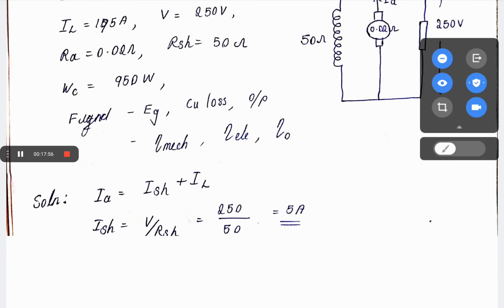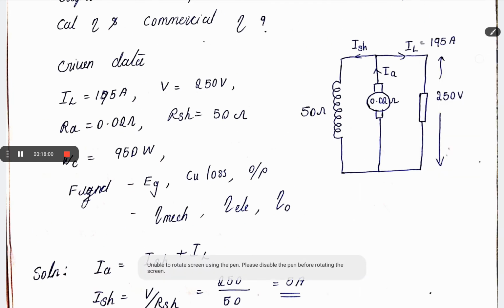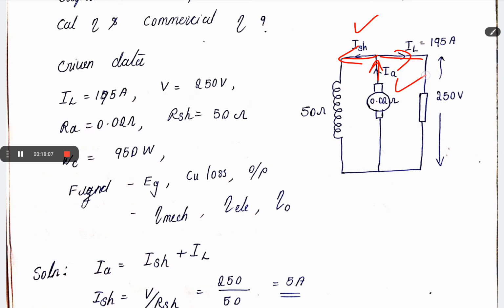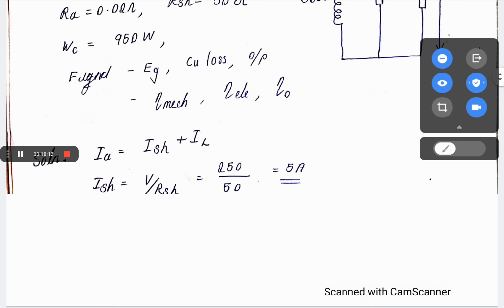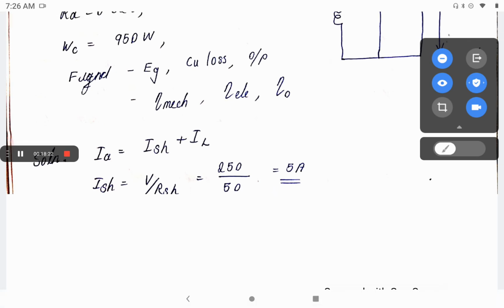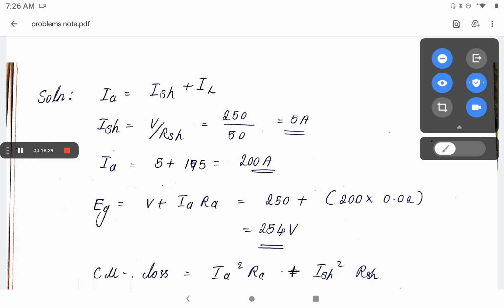To find out copper loss you should know Ia. In a shunt generator, Ia is ISH plus IL. So first you find out ISH, then Ia. To find Ia, first we find ISH. ISH is V by RSH, which will give you 5 ampere, and then Ia is the sum of ISH plus IL, that will give you